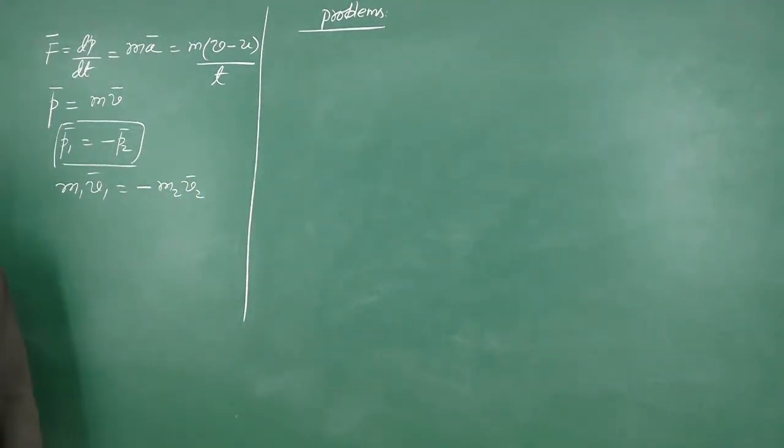A 100 kg man stands in a lift. What force does the floor exert on him when the lift starts moving upward with an acceleration of 2 meter per second square? So 100 kg man stands in a lift. What force does the floor exert on him when the lift starts moving upward with an acceleration of 2 meter